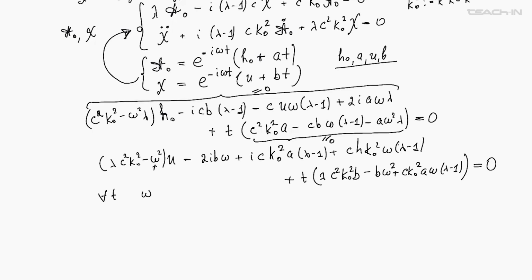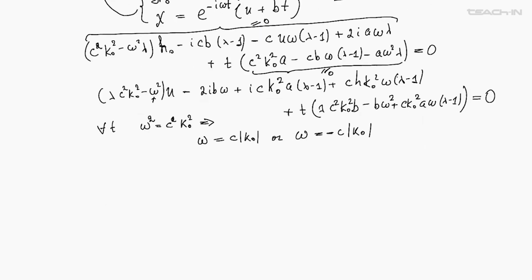Either omega squared must be equal to c squared k0 squared, from where you conclude that omega may take values c modulus of k0, or omega is equal to minus c modulus of k0. So you have two possibilities for omega. And from the first equation, you find the following solution. So if you pick up, for instance, omega to be equal to c modulus of k0, then for A and B, you find the following solutions. So variable A is IC lambda minus 1 divided by lambda plus 1,